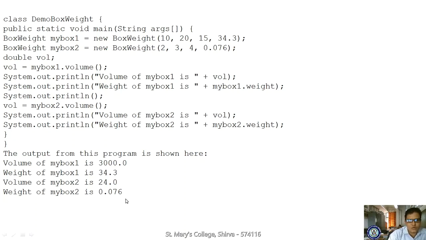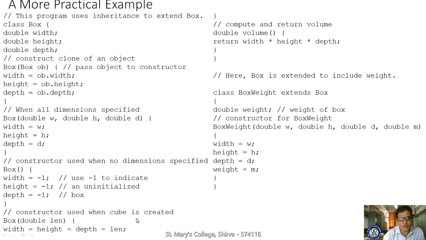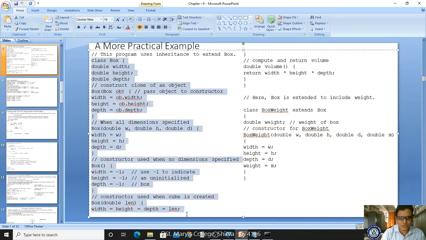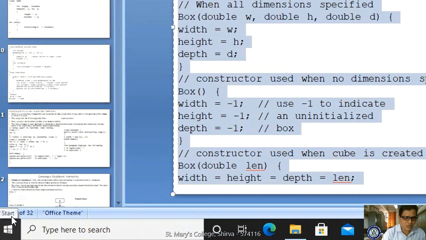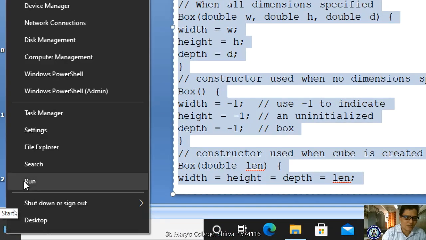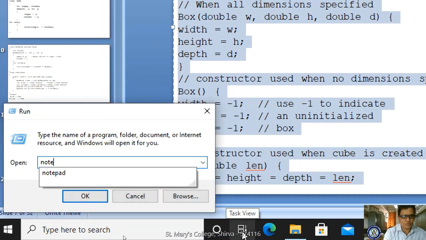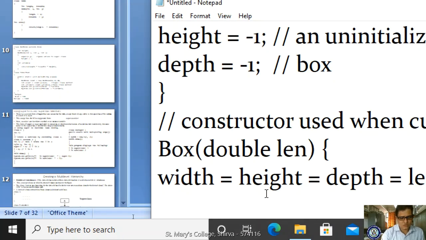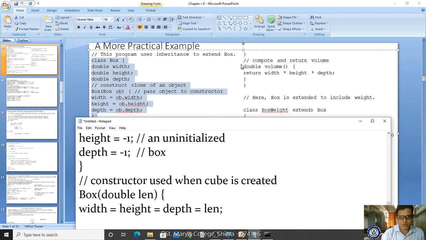If you want to run this program, let me show the execution of this program. Okay, I'm copying first, Control C. How to take the notepad? Right click on the start button, run notepad and paste it. Okay, yes, I'm coming here.